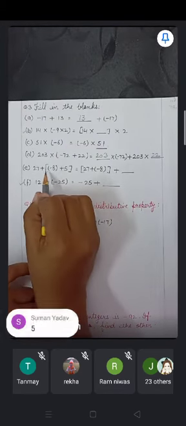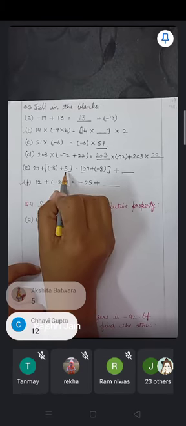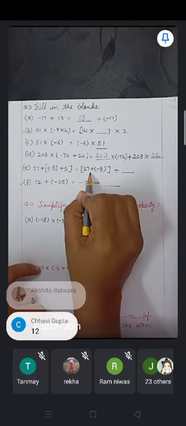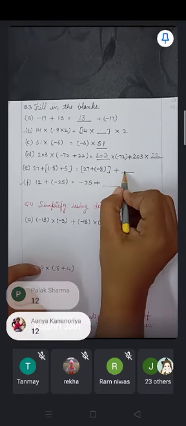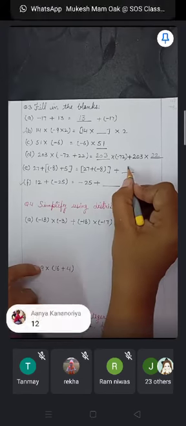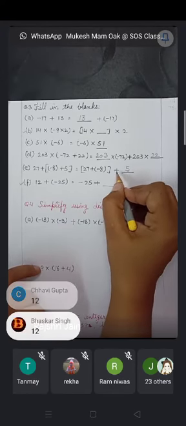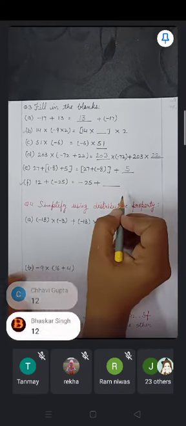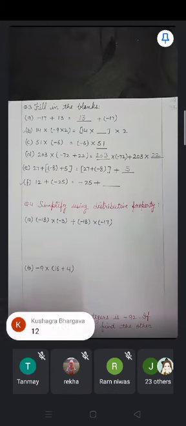You can see in the left side I have grouped the second and third integer, and in the right side I have grouped just the first and second integer. So what will be the third answer? 5. 5 is left now. So 5 will come in this blank. It is associative property. F part you have to do yourself. Yes, answer is correct. F part you have to do yourself.